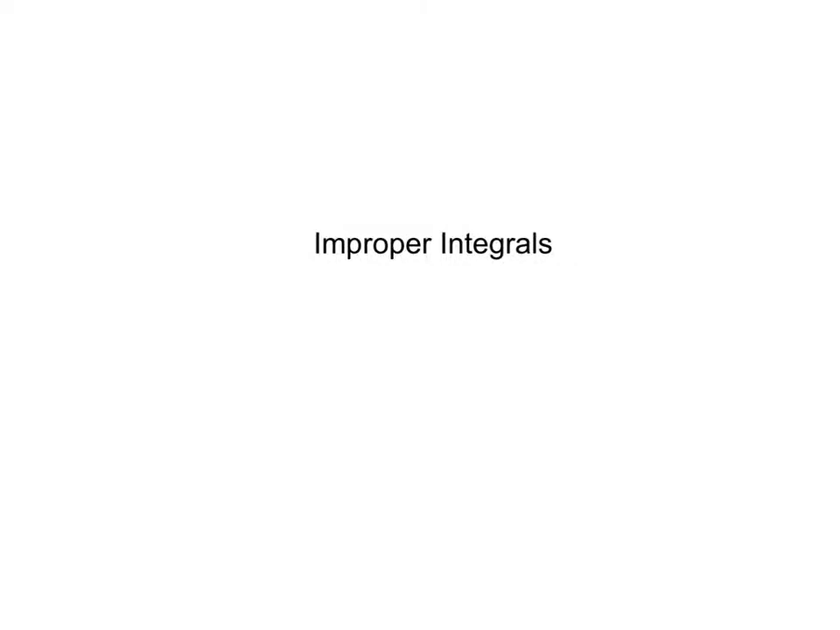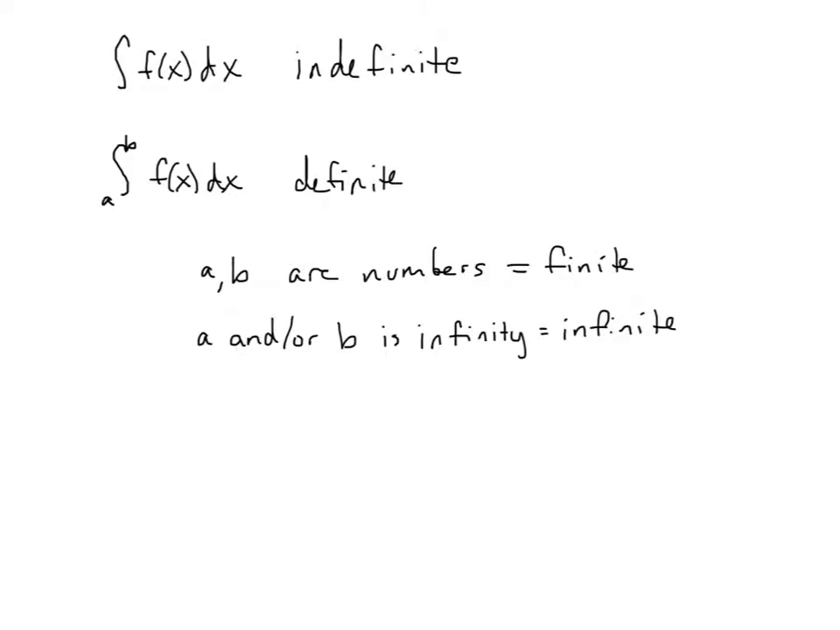This video talks about improper integrals. So far we've talked about two different kinds of integrals. We have indefinite integrals that don't have bounds on them, and then we have definite integrals that do have bounds. It's the area under the curve from a to b. Usually up until this point a and b have been numbers, so we've had finite definite integrals, and now we're